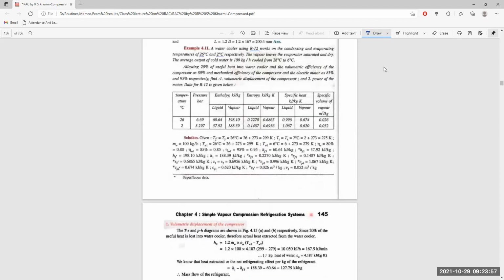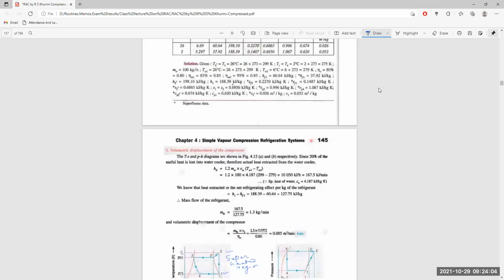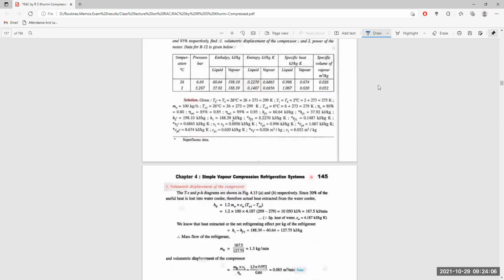Mechanical efficiency is 85%. I forgot, the mechanical efficiency is 85%, and motor efficiency is 95%. Now we have to find out from the chart what is hf3,